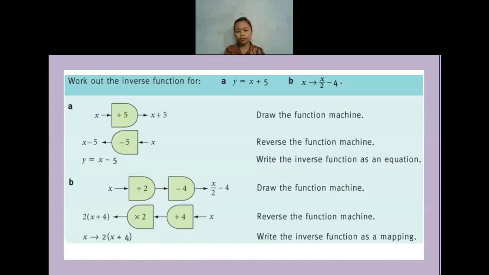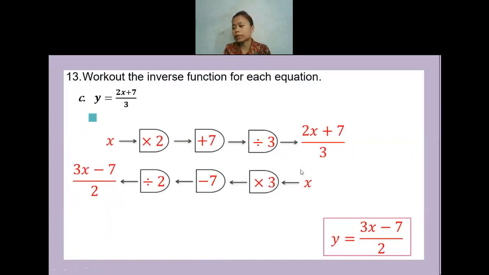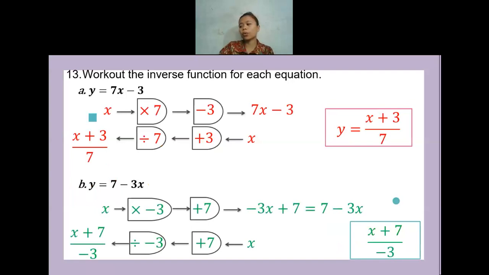Usually we use the inverse function to find the input only, but not to make an equation. That's why I skipped it. I do not force all of you to do question 13. Now we are going to discuss question 13. Feel free to ask me any question whenever you have one.